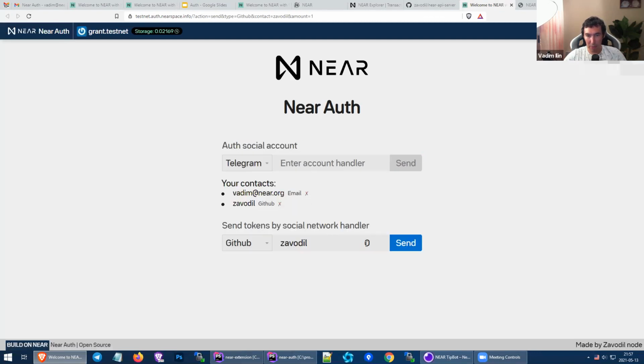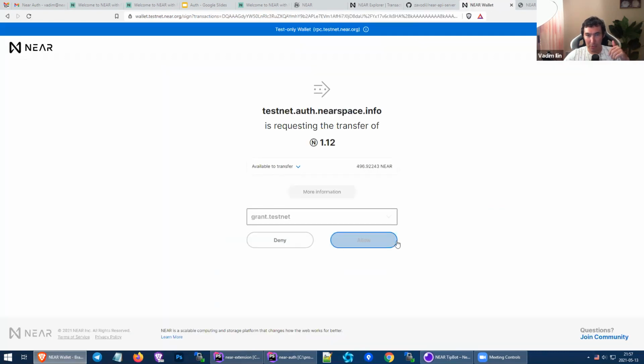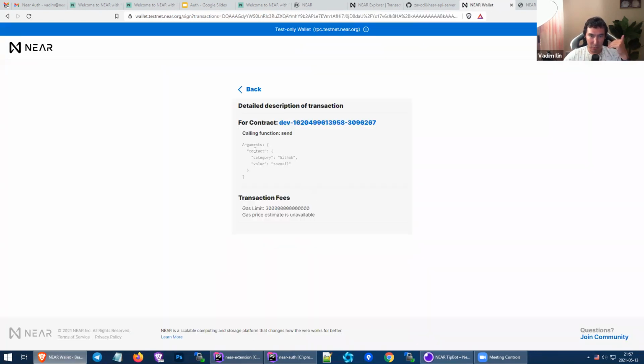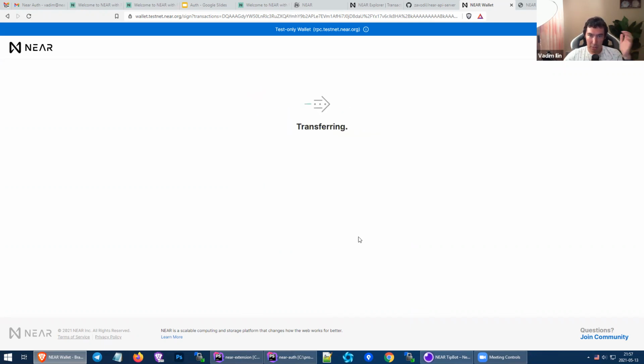I will be able to tip some amount of tokens just to a social handle. At this stage, I don't check if this social handle is already connected to any blockchain account. It just sends to anybody who will come back and claim it. So it's a bit different from what you said, but at this stage I can just send some tokens. You see, we don't specify any near account here. It just says I want to send some tips to this GitHub user, and if I send this,